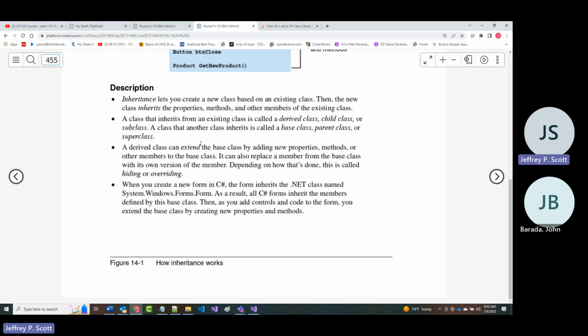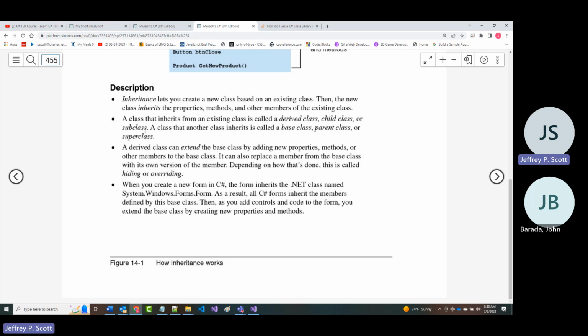So as it says, a derived class can extend the base class. So the child can do things the parent cannot do. It can also replace the way that a parent does some things, and that's typically referred to as overriding.